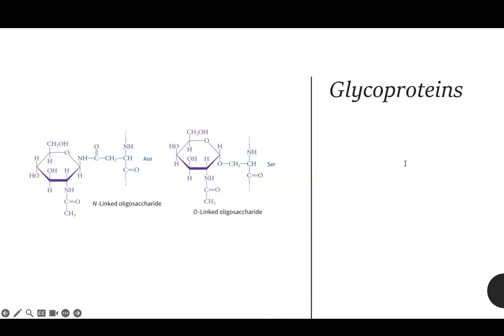Depending on which amino acid it is attached to, it is either an N- or an O-linked glycoprotein. If we have an N-linked protein, it is linked via asparagine, through glycosidases, and those glycosidases can